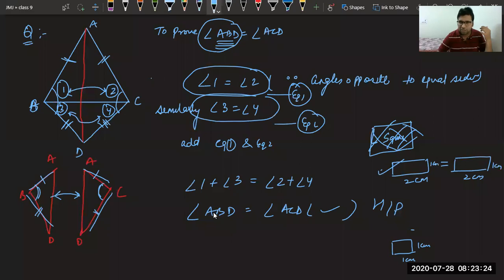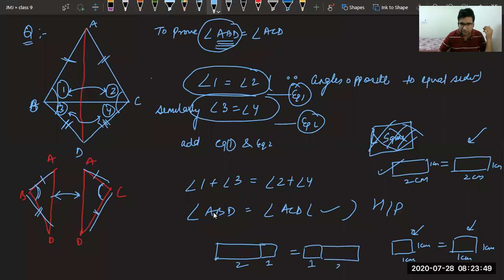Just try to understand the thing that I'm doing. Vaishnav, this is the first case. You have two rectangles, 2 centimeter, 1 centimeter, and two squares of 1 centimeter side. If you add them, what will happen? If you add them, this one portion will add like this, and this one portion will add like this. Aren't they equal? Vaishnav, if you add two different equals, the total that is coming, isn't that also equal?